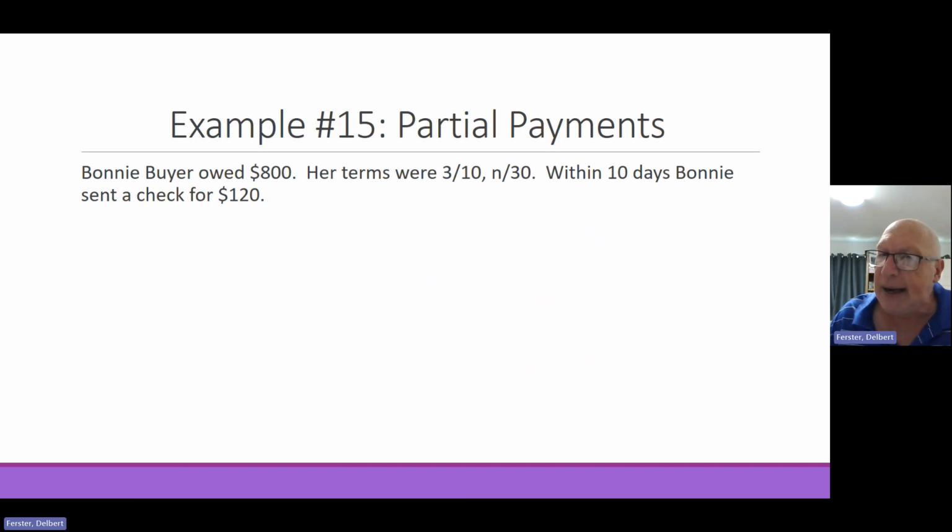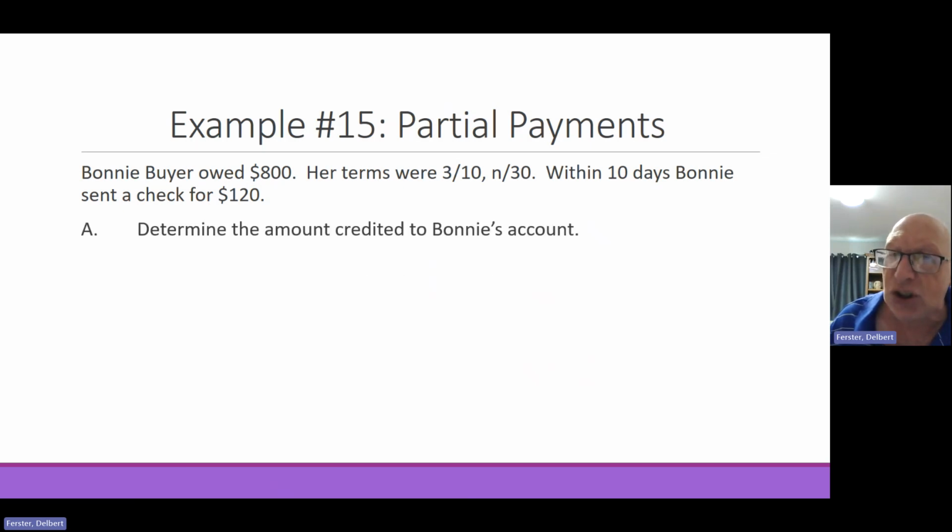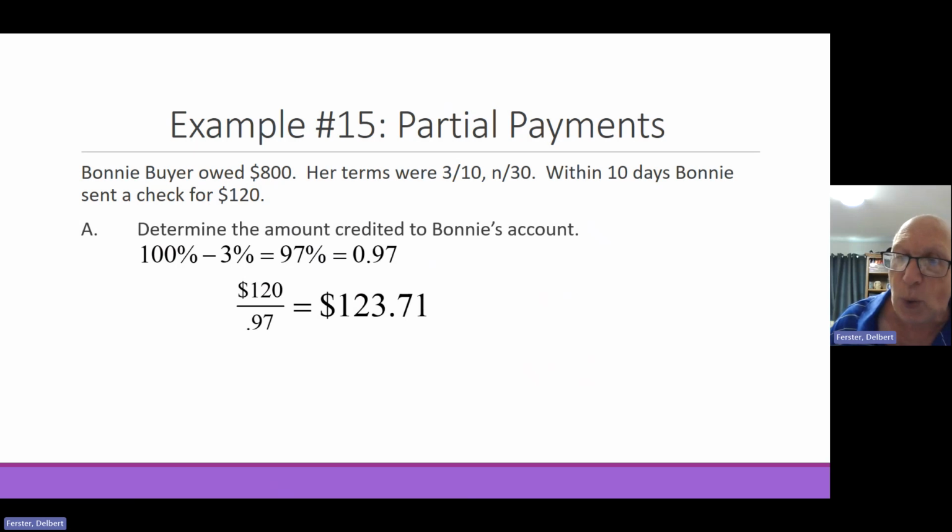All right, Bonnie Buyer owes $800. Her terms are 3/10, net 30. So within that 10 days, Bonnie's sending money. She's sending $120. Since it's made within 10 days, that does entitle her to the 3%. To find out how much she gets credit for on that $120 check, we have to find the complement of 3%, and that's 97%. So she's going to get credit not for $120, but for $120 divided by 0.97, in effect knocked off her bill: